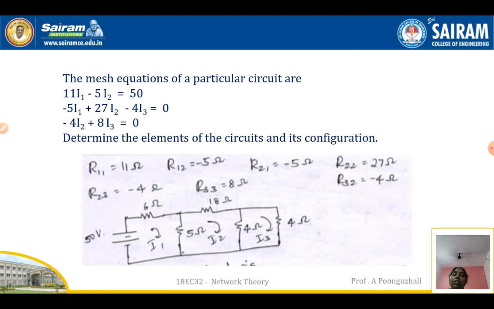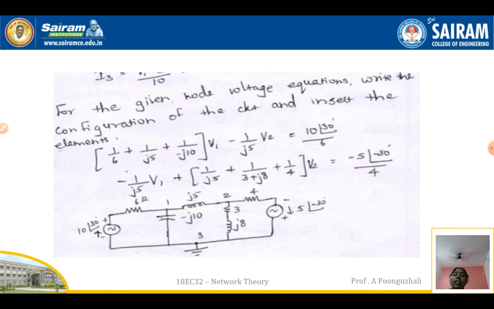So now we are going to have only the resistance present. Current I2 I have marked. Next is R32, which is minus 4. This minus 4 is there, so the total is 8 here, since 4 plus 4 is going to be 8. This is your I3. This is how you have to mark it. This is how we use mesh analysis.